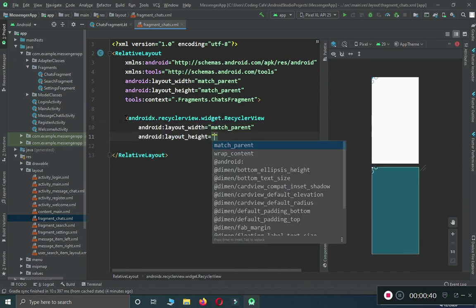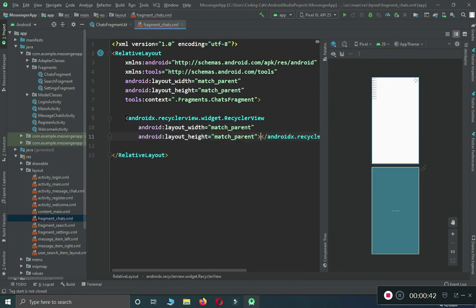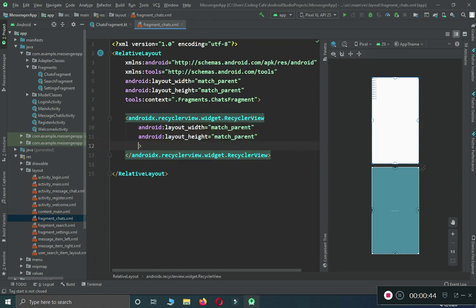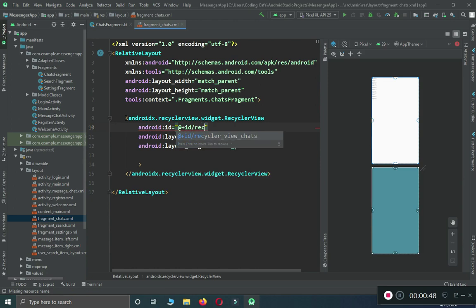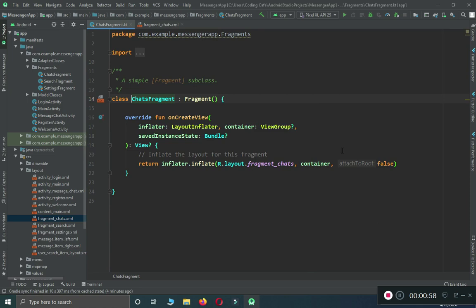Recycler view match parent, and let's just give id to this. So the id for this will be recycler view chat list. Yeah, that's it. Now the next thing is we need to go to chats fragment and let's create here a